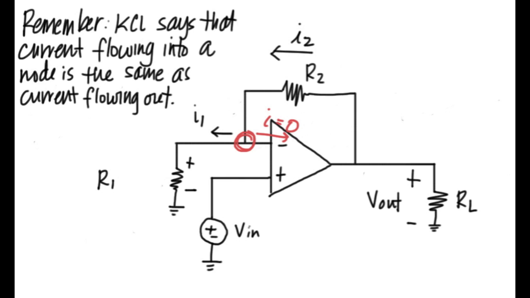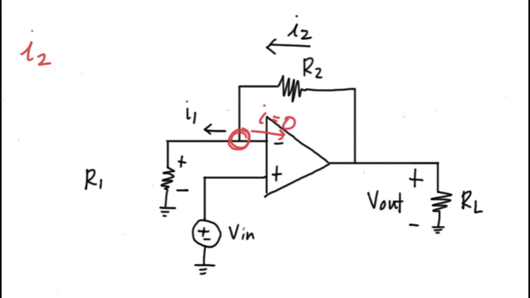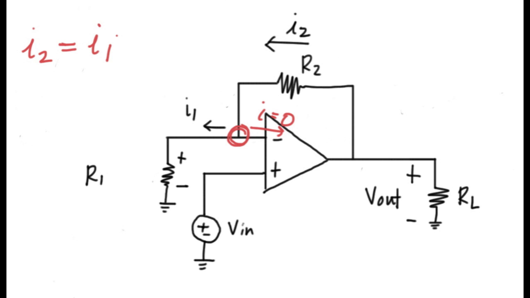So looking at the node that I've circled, what's the current flowing into that node? The only current flowing into that node is I2. Now this has to equal the current flowing out of the node, and the only current leaving that node is I1. So now the key is to relate I1 and I2 to the different voltages that we have in